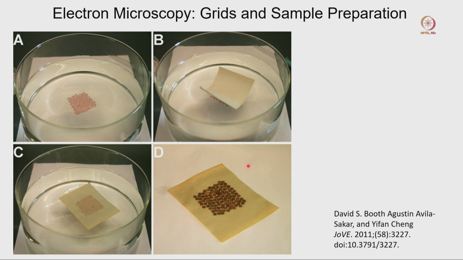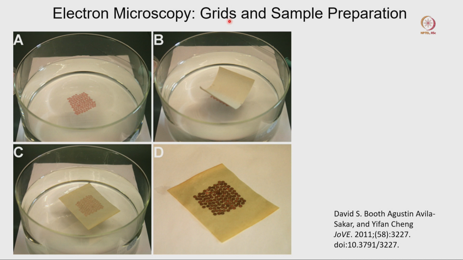That is the reason if you do a carbon coating, it will give you some kind of stability, and that is one of the reasons. First we do the formvar coating, and then we do the carbon coating, and then we can use those grids for negative staining purposes, where we can use different types of staining solution. If you are interested, you can follow this reference book. You can learn how to prepare formvar coated grids in the laboratory.